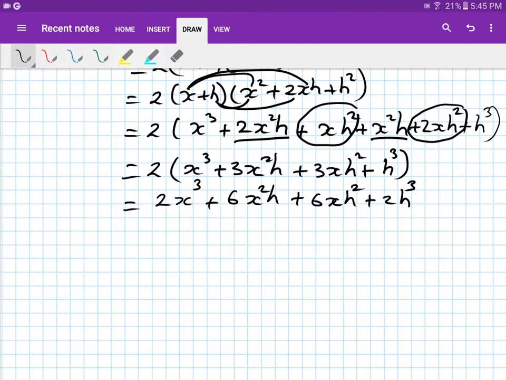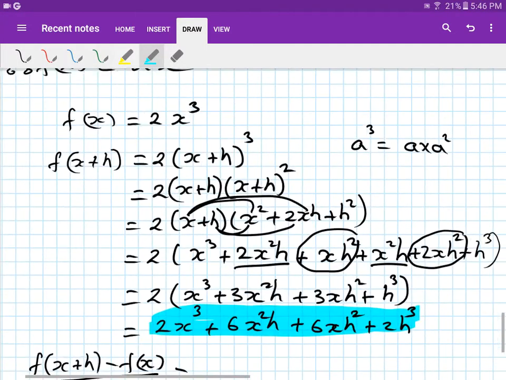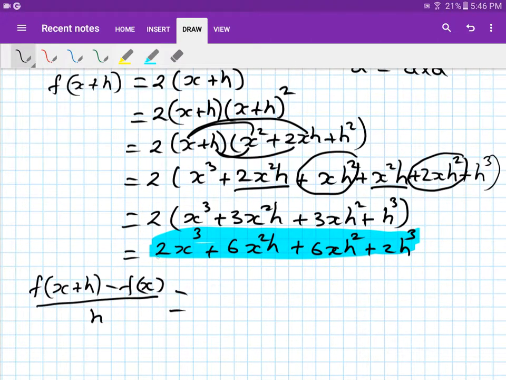Okay, so first of all, because otherwise it can be very long and complicated, I just do this first. I'm going to do f of x plus h minus f of x first, and then over h. So now what that is, I just minus it, which means this function here take away 2x power 3. So if I take 2x power 3, this disappears. So now you are only left with 6x squared h add 6x h squared add 2h power 3